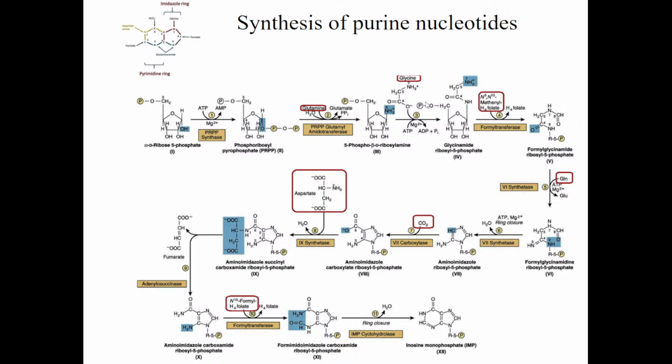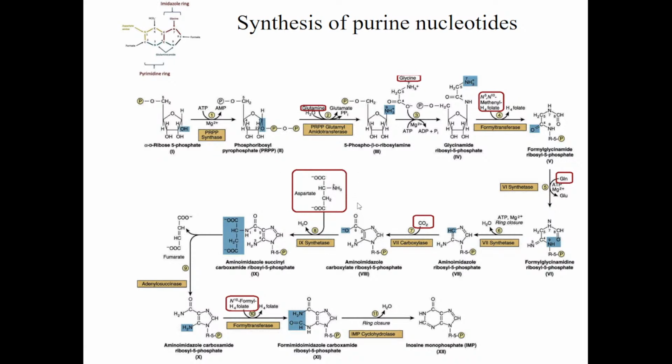Glycine is a very important precursor of purine bases; you can see two glycines participate in this. Later, again glutamine provides an amino group. Later, a cyclic structure forms, the imidazole group with two nitrogens. Later, carboxylation,